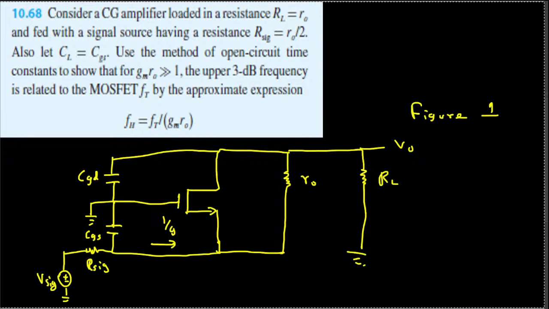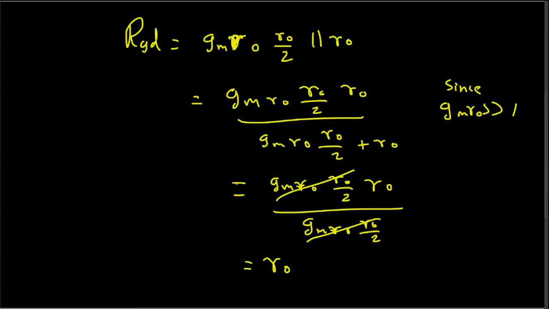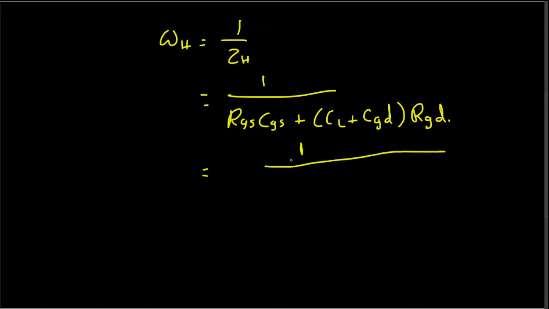Here also mention that cl is equal to cgs. So instead of cl we can put cgs. Instead of rgs we can put 2 over gm. And what else can we do? Instead of rgd we can put ro, because we solved rgd to be ro. So doing all that, this equation is going to look like this: 2 over gm times cgs